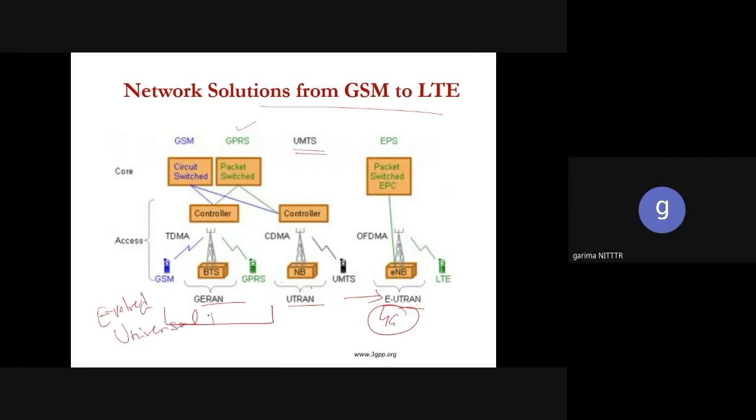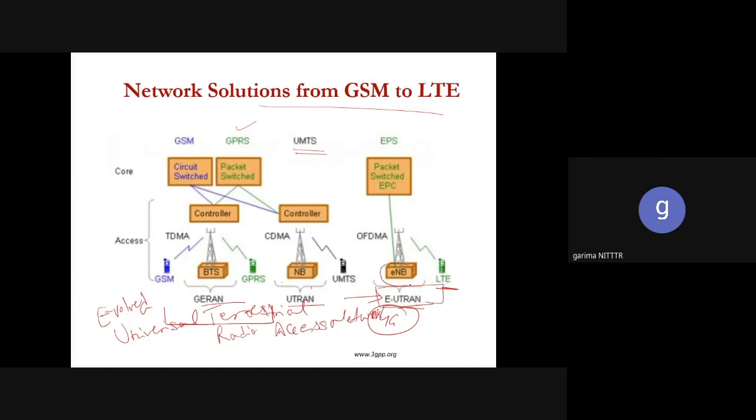EUTRAN is basically a radio access network which is evolved from previous generations and which gives much better services than the previous generation. So for this LTE or 4G mobile communication, you are connected to